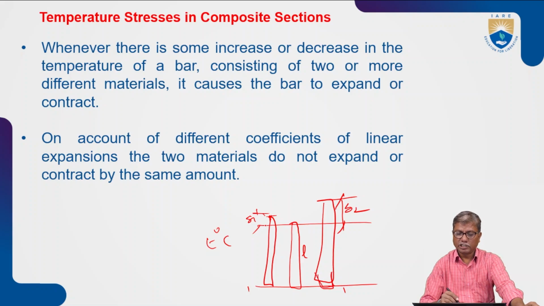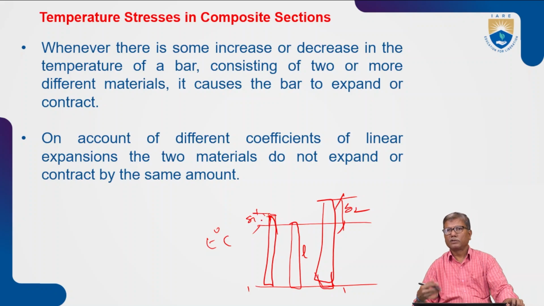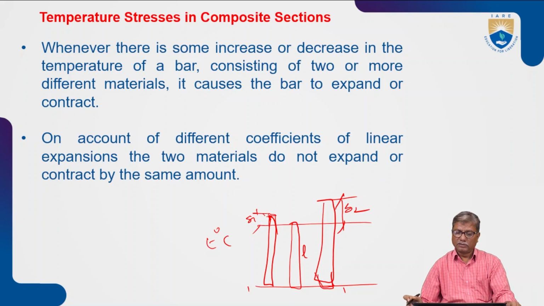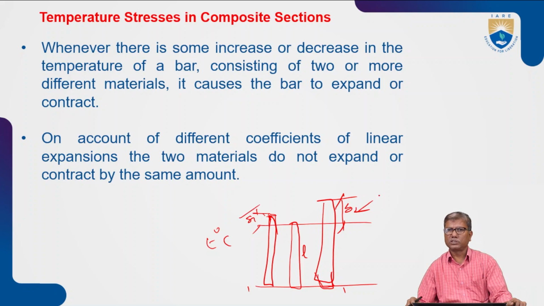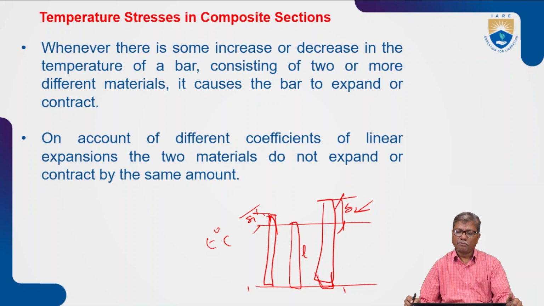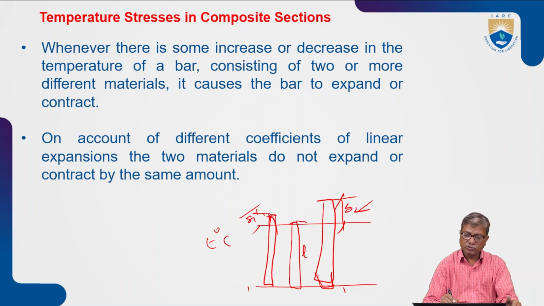One material may expand more, one may expand less, based on their coefficients of linear expansion. When they are free to expand, they expand by different amounts, delta 1 and delta 2, and no stresses will be developed because they are free to expand. But when these two materials are rigidly fixed,